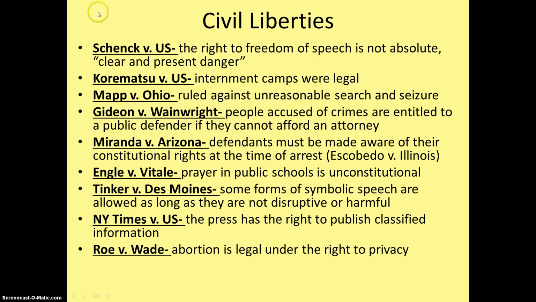All right, so let's get going here. Our first case is Schenck versus the United States. This is a case that took place during World War I, where you have a gentleman who was not in favor of the draft, and he was seen as obstructing the draft. So he's arrested, he's charged with violating the Sedition Act that was going on at the time, and he goes to jail. Now he says, hey, I have this awesome civil liberty, it's called freedom of speech, you may have seen it in the First Amendment, and it goes up to the Supreme Court.